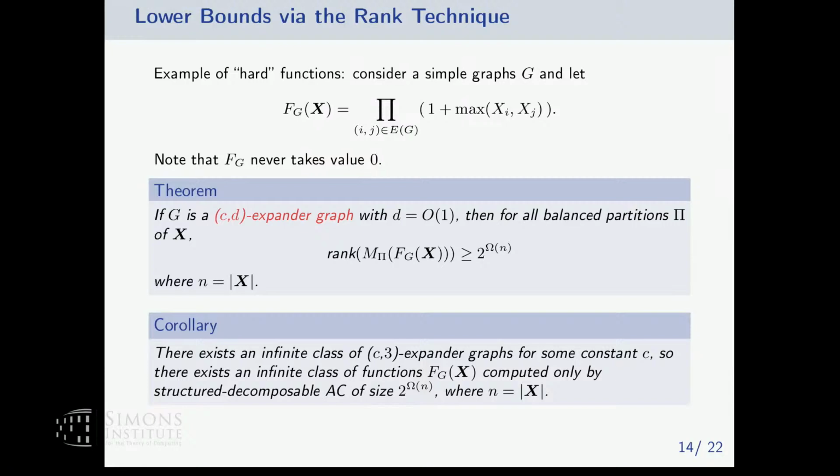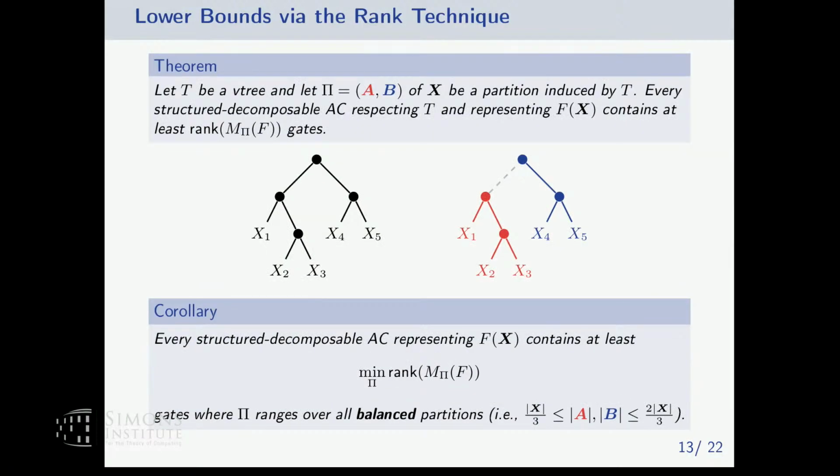So that's this d equal constant. Then if G is an expander graph, you can prove that for this function, for any balanced partition of its variables, you get this exponential lower bound on the size of the rank. Good. So it means this thing is exponential in the number of variables